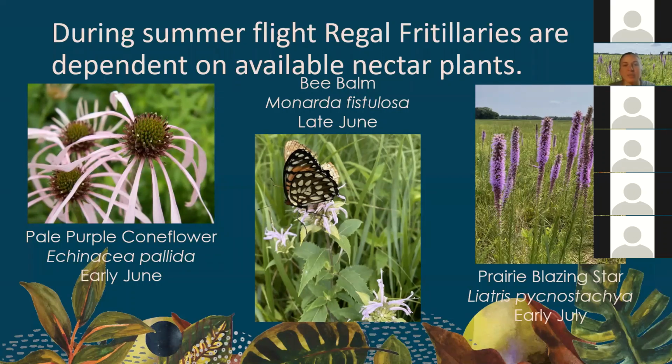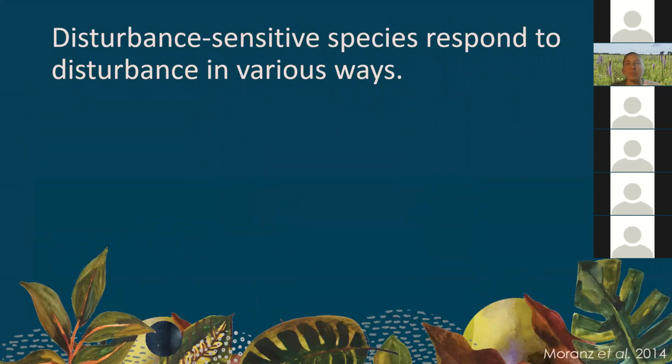So at this point, there needs to be both the violet species and something for it to nectar on. But let's think back to where the regal fritillary is over the winter. So the regal fritillary is overwintering in the prairie. This is the same time that most often some of those disturbances are happening. So how do you take a disturbance-sensitive species where that caterpillar is not going to be able to migrate or move over the winter, and how does that continue to exist in a habitat that is so dependent on